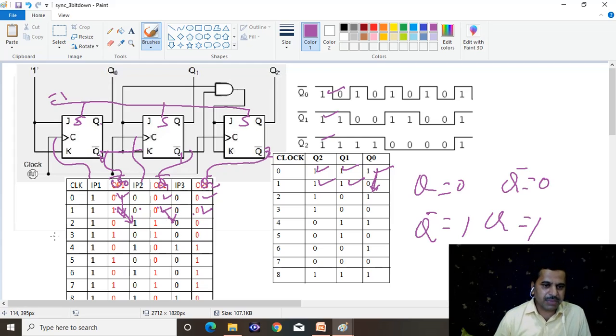When the second clock pulse is applied, the first flip-flop again toggles. The input is 1 for the second flip-flop, so Q1 bar again changes its state from 0 to 1. The input is 0 to the third flip-flop, so again there is no change. Then Q0, Q1, Q2 are again opposite to the bar outputs. What is that here? Q bar is 0, 1, 0, that means Q is 1, 0, 1.